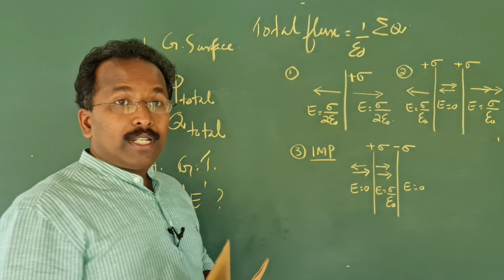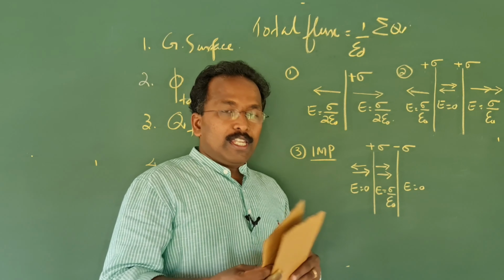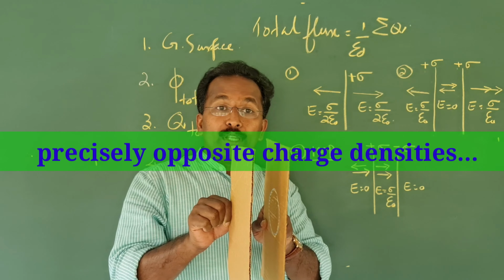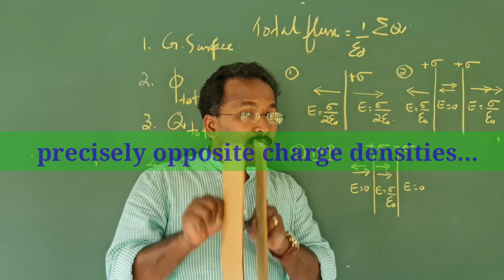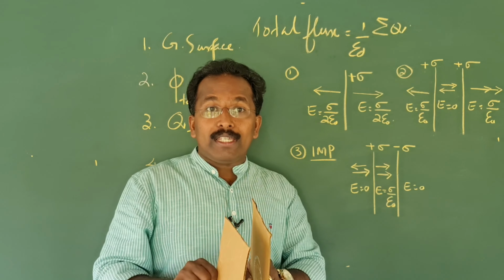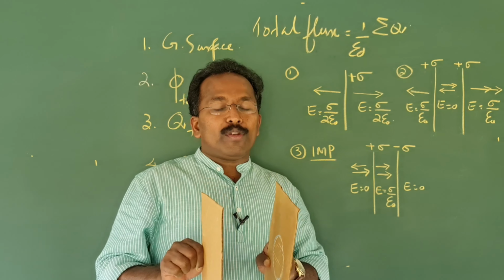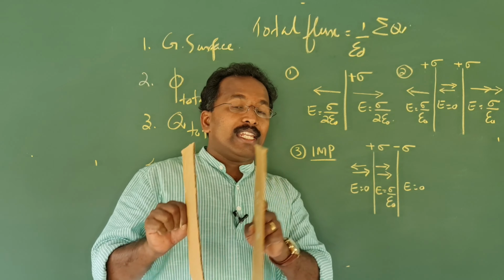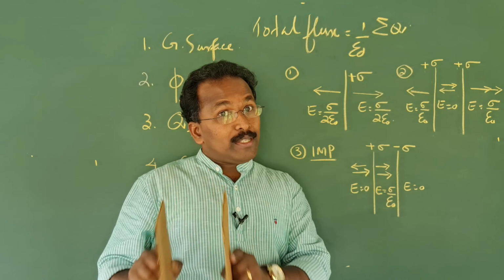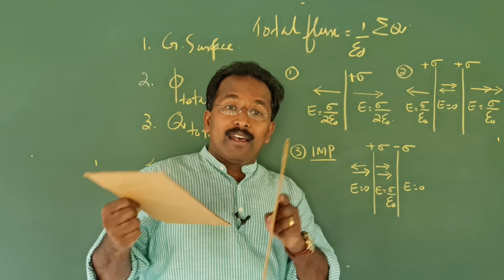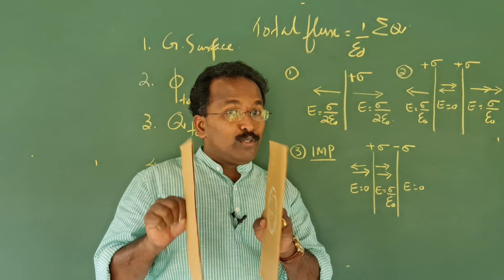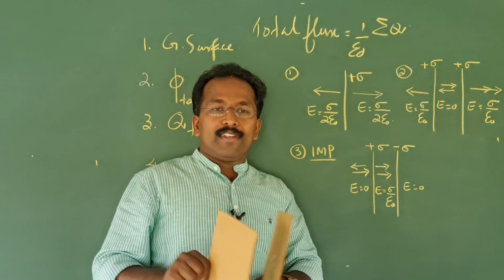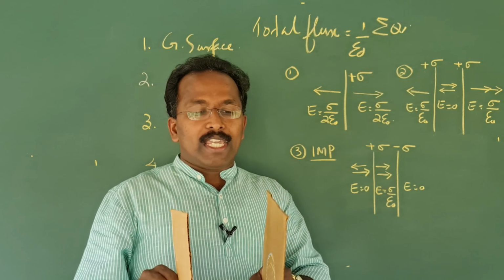So this is an important and interesting case. If you have two sheets with charge densities, they produce an electric field in the region between the sheets. Now this is the idea we use for producing electric field in specific areas in our laboratory. Or this is the methodology used by J.J. Thomson for doing his e by m experiment. That means you can produce an electric field in some specific area.